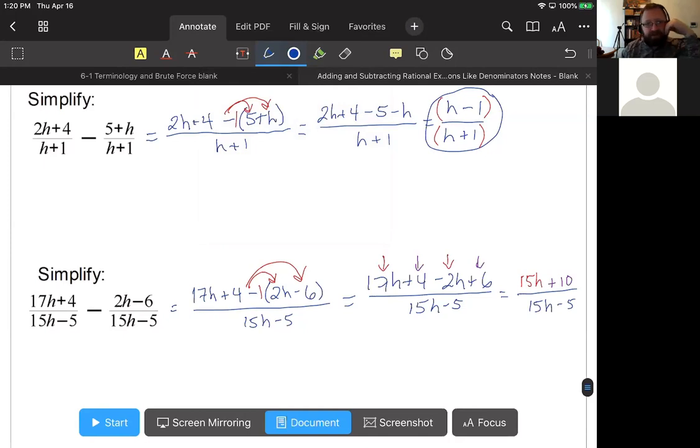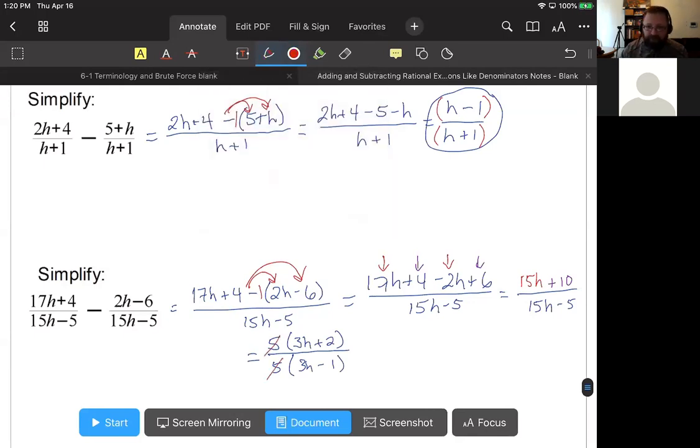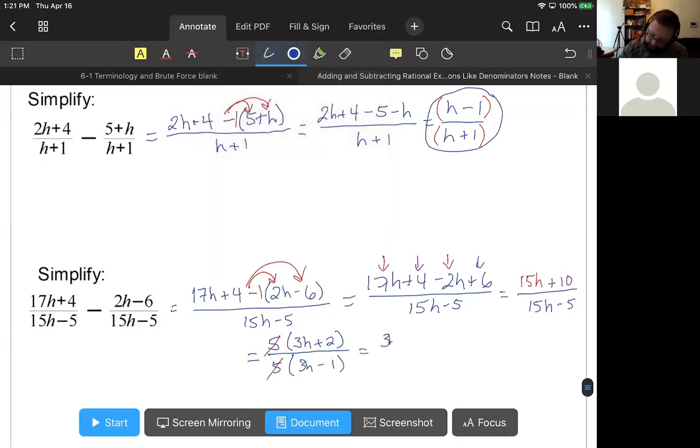The reason we're not done is that both the top and the bottom have, not a common denominator, they both have a common factor of 5. 15h plus 10, if I factor out a 5, is 3h plus 2. On the bottom, if I factor out the GCF of 5, then I have 3h minus 1. So those 5s would be considered a common factor top to bottom. They would cancel. And my final answer would be 3h plus 2